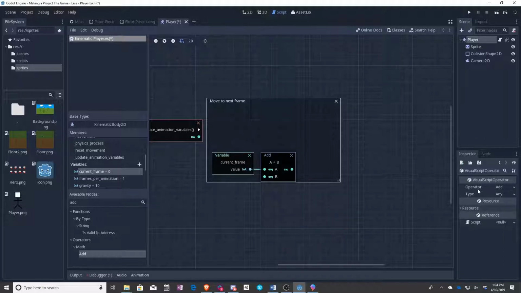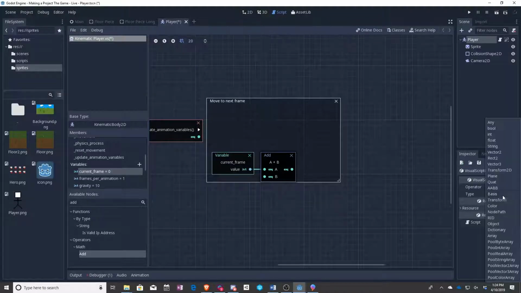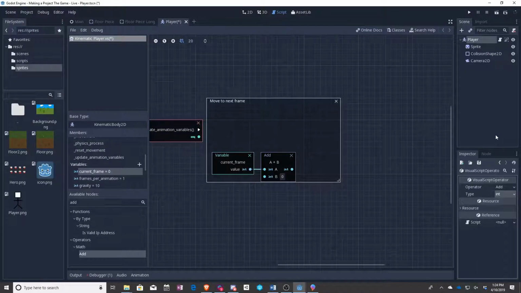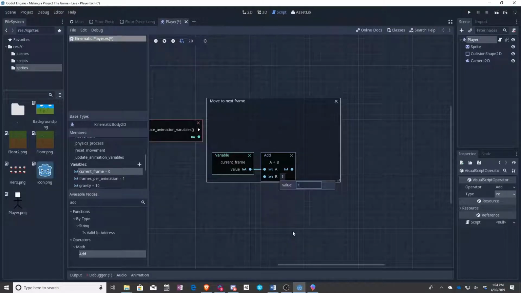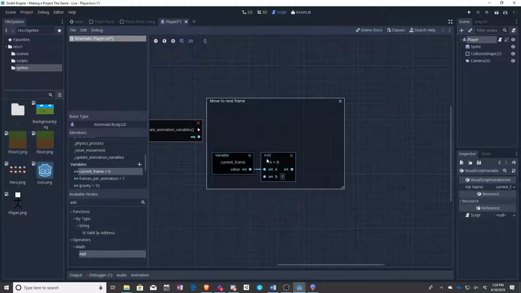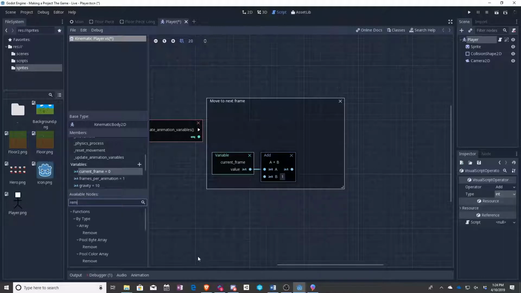You can do this by over here, we have the operator add, we have type of any. If you set that to int, you can actually go ahead and set it to an int. So we are going to add 1 to current frame, and then this is very important, we are going to